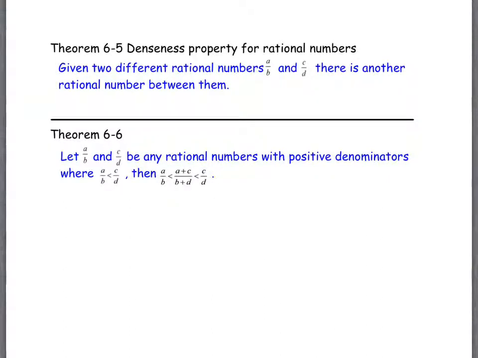All right, so last time we started our discussion of rational numbers, and we're going to continue this section today, finish it up. There's a few more features of this section in particular that we're going to talk about, and 6.5 is a denseness property. So if you have two fractions, then what the denseness property says is that there's some other rational number